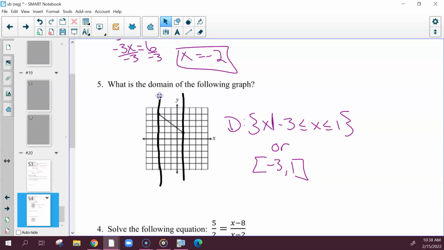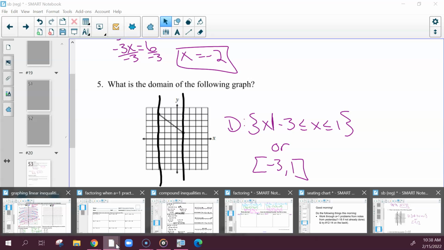Before we go to lunch, we'll have time to do one problem from the notes. Make sure you have your notes up in front of you. It looks something like